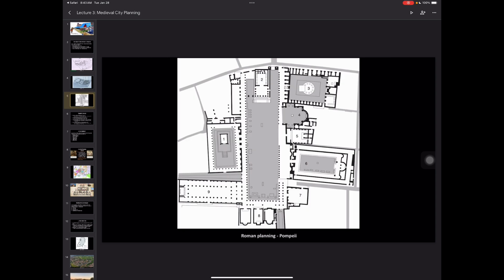Does anyone know what kind of settlement this is? It's not Greek. Yeah, Roman. Yep, so it's the other option, it's a Roman one. And how do we know that it is a Roman one? Well, first of all, it's a little bit longer, so Roman forums do tend to be skinnier, much more axial, if you remember. And then we can begin to look at the footprints of the buildings. I did leave the names off on purpose. Does anyone want to take a stab at what any one of these buildings are within our Roman Forum?